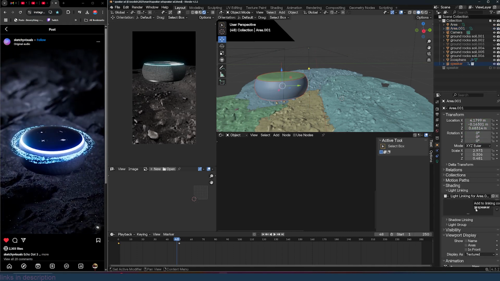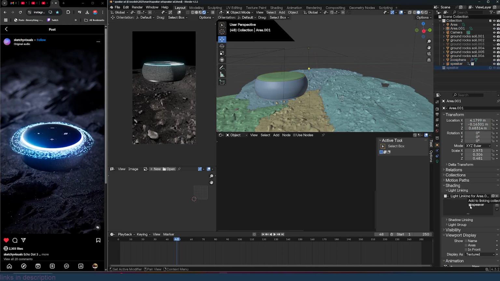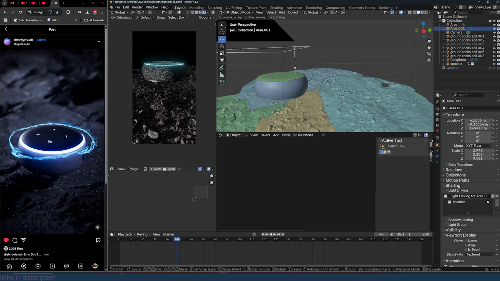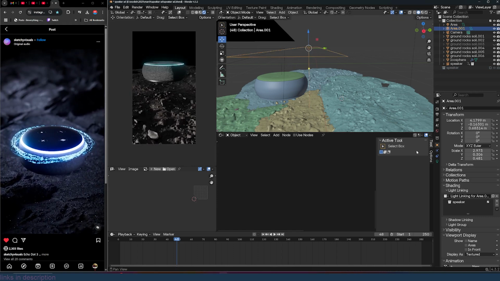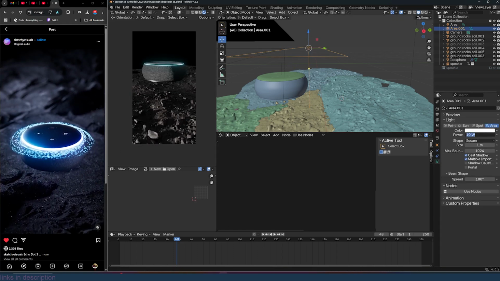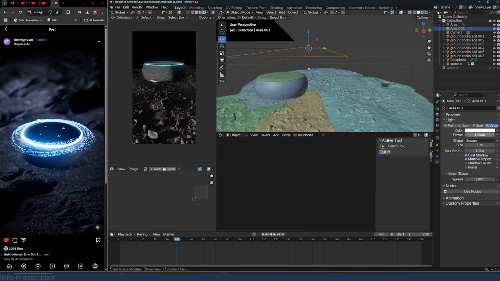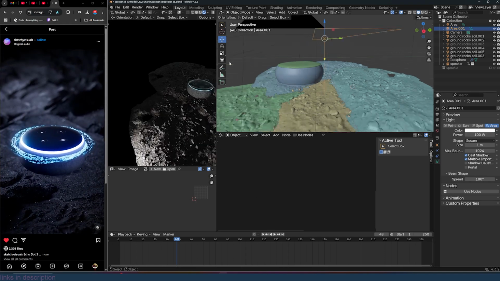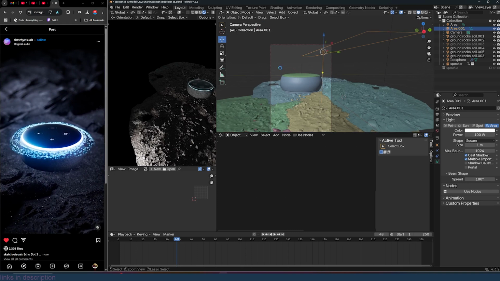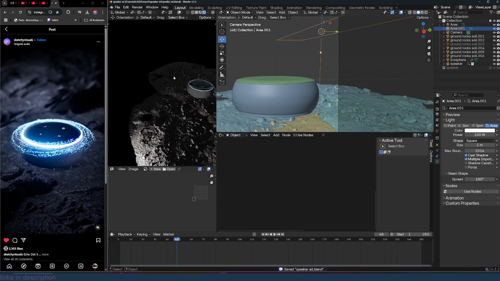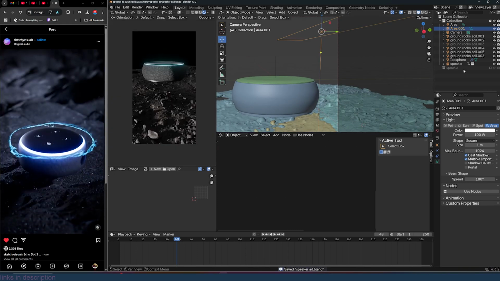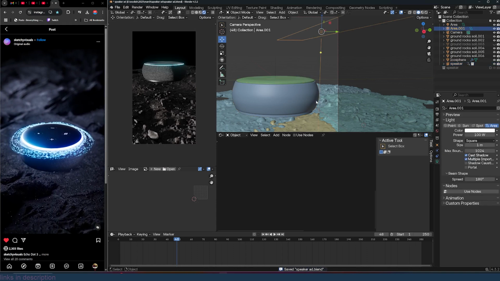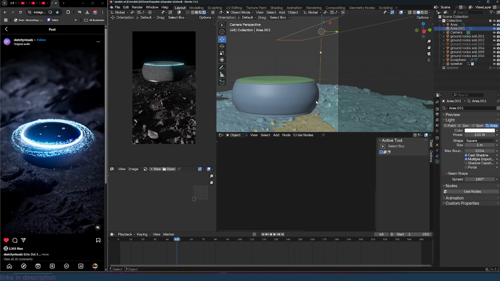Okay, because this is a collection, it's not working, so I'm just going to drag the original collection, and now this only works for this object. Interesting. Yeah, okay, it's not. So it does seem like light linking doesn't work for instances. So what we can do is just